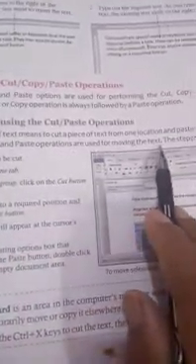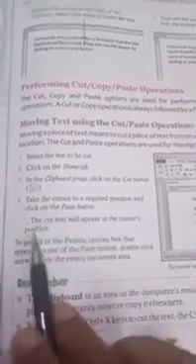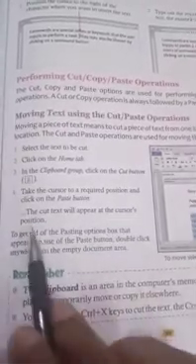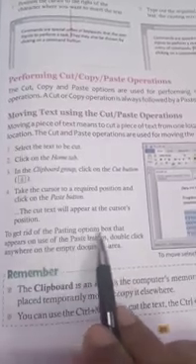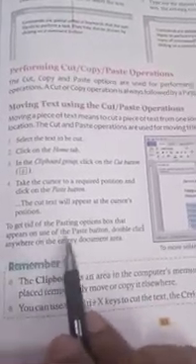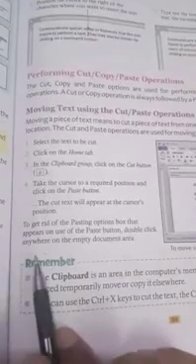Moving text using the cut paste operations. Moving a piece of text means to cut a piece of text from one location and paste it at another location. The cut and paste operations are used for moving the text. The steps are: select the text to be cut, click on the Home tab. In the Clipboard group, click on the Cut button. Take the cursor to a required position and click on the Paste button. The cut text will appear at the cursor's position. To get rid of the pasting option box that appears on use of the Paste button,